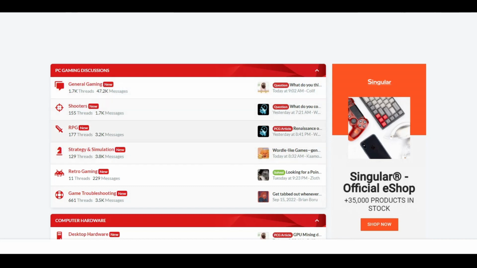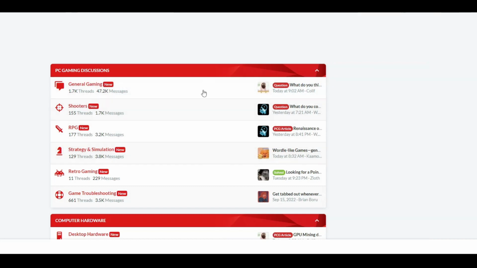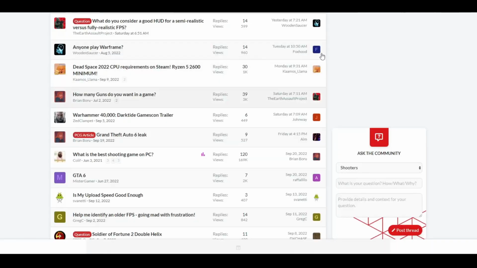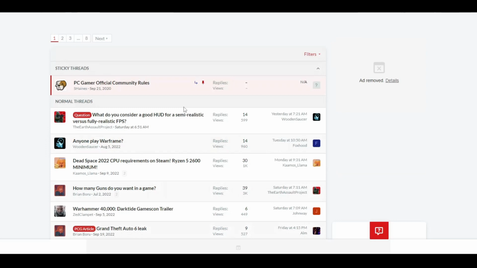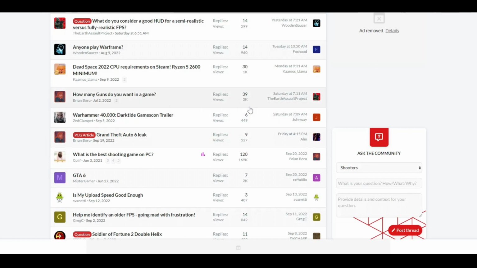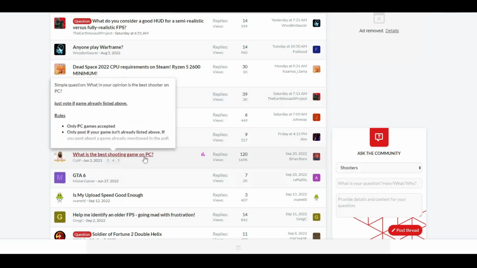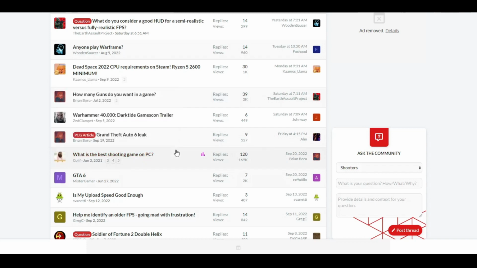So remember, we chose Call of Duty niche, right? So it falls under shooters. So we are going to click on shooters. For example, I'm just going to show you guys a quick example. So once you click on shooters, you get this page, right? Now these are all threads that people are posting about shooting games basically. So let's just take this one for example. As you guys can see, someone posted what is the best shooting game on PC, and you see